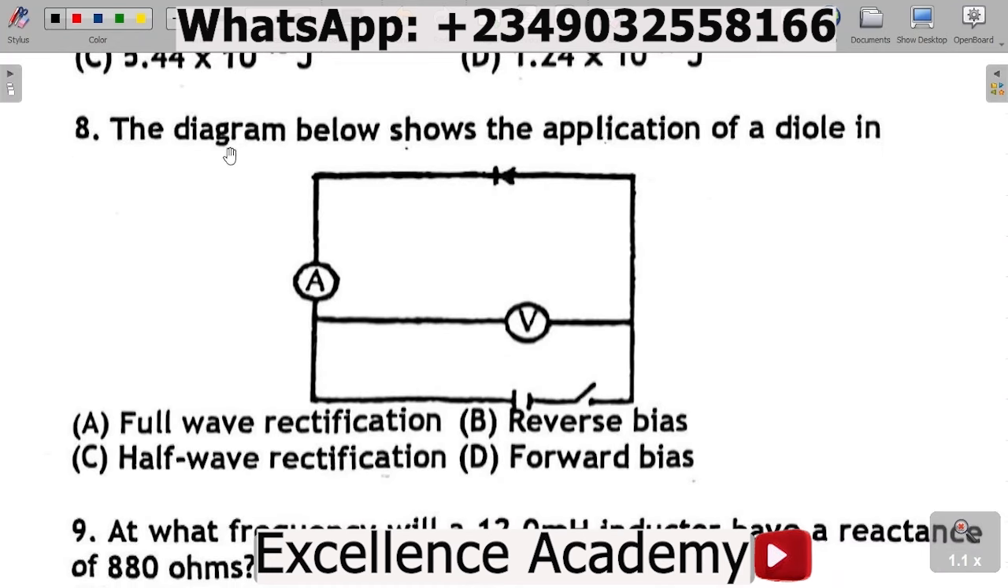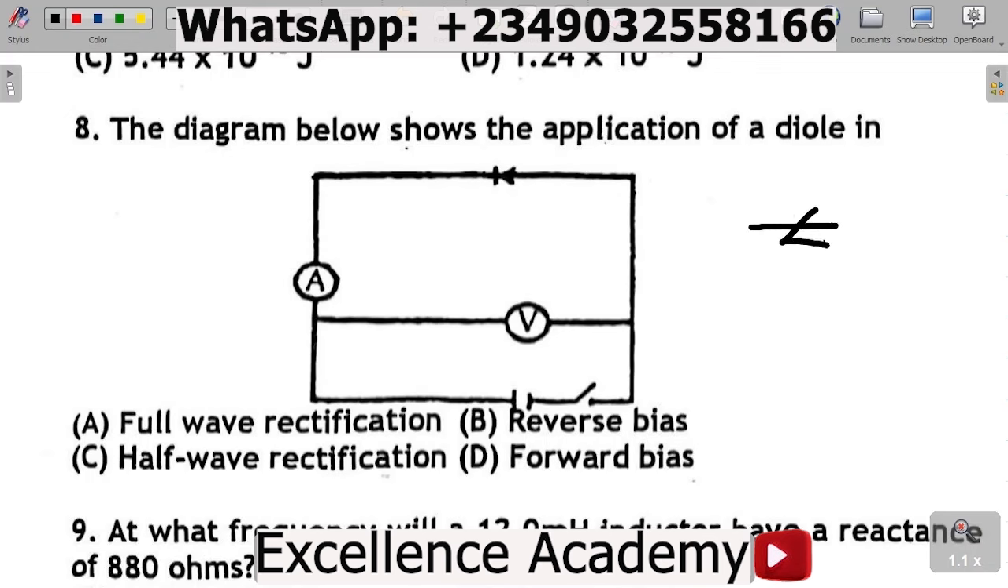For question 8, they said the diagram below shows the application of a diode in A, full wave rectification, B, reverse bias, C, half wave rectification, D, forward bias. Now, how do we solve this question here? To answer this question, you have to note something. Now, considering this diagram here, they said something about a diode, right? Now, for the diode, you want to know that this part here,